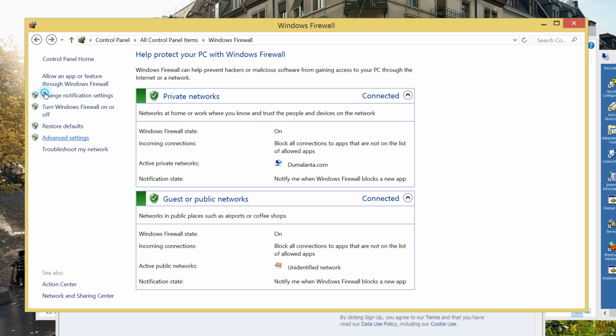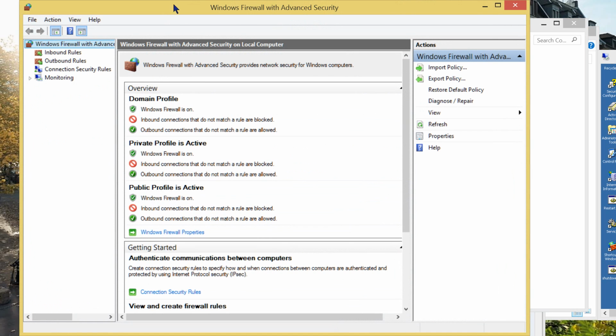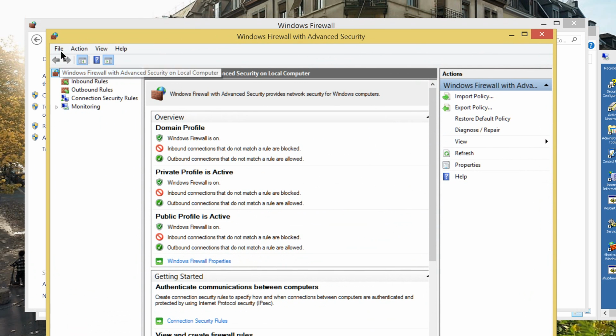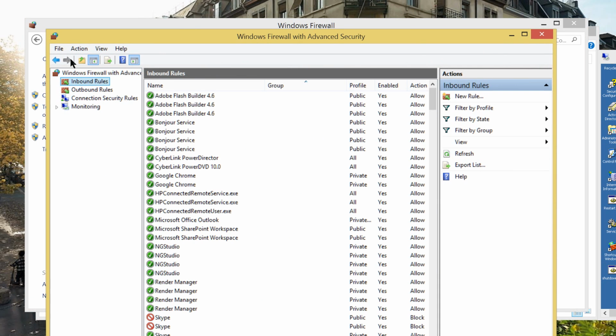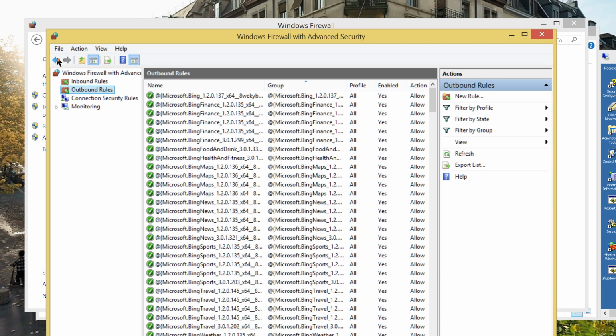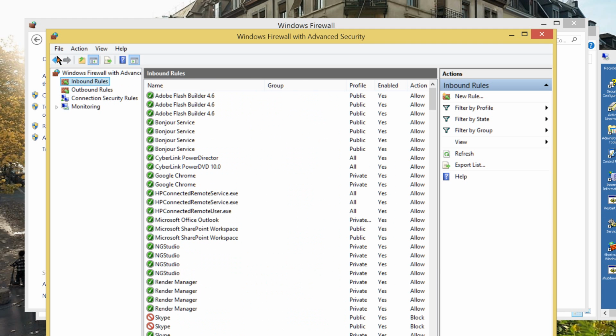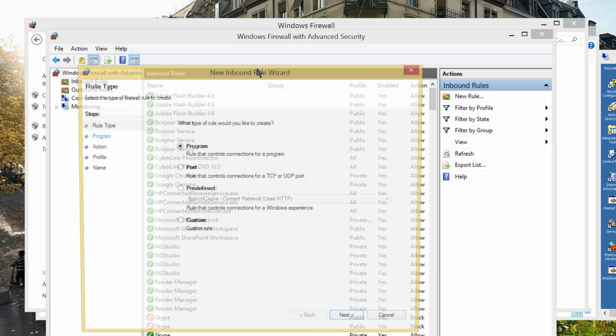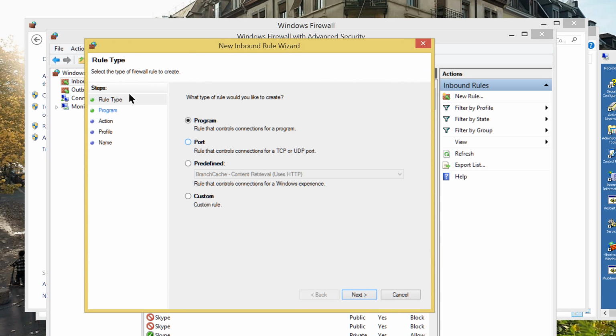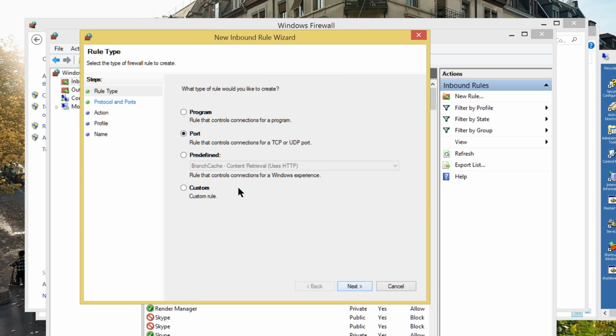Let's click on the advanced settings. Now, in the advanced settings, there is an inbound rule and there is an outbound rule. At this time, we're going to click inbound rules and create a new rule in here. And this is a port opening, and the port should be 21.